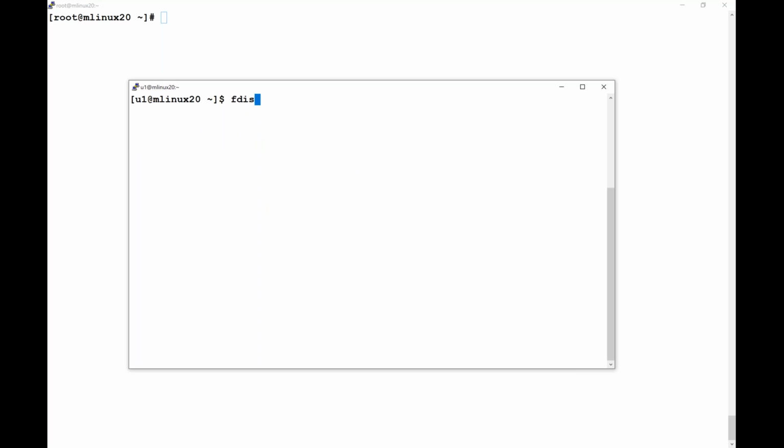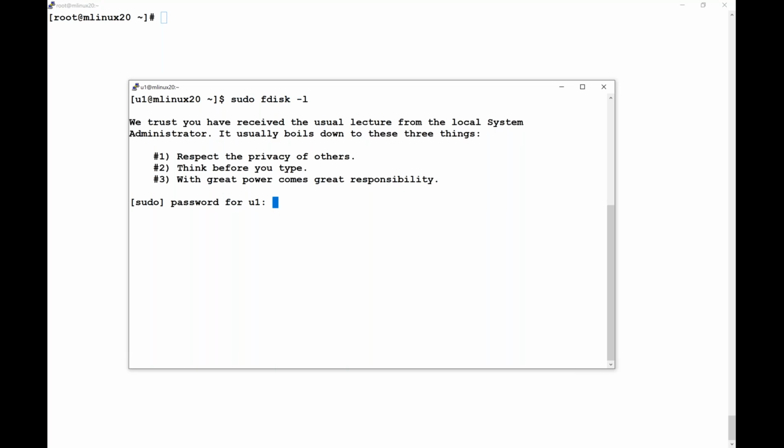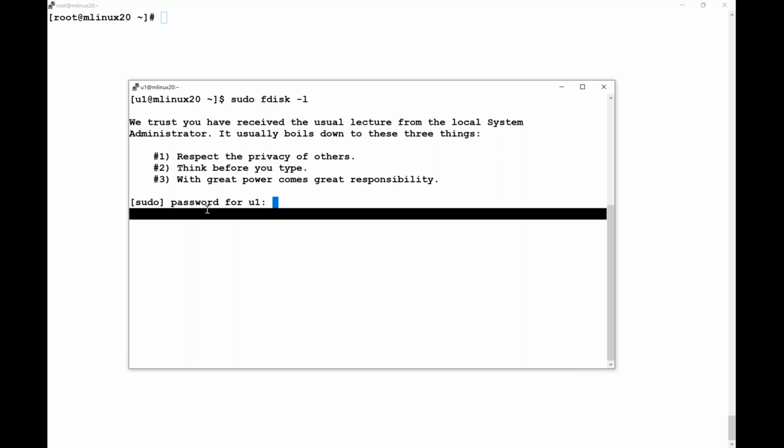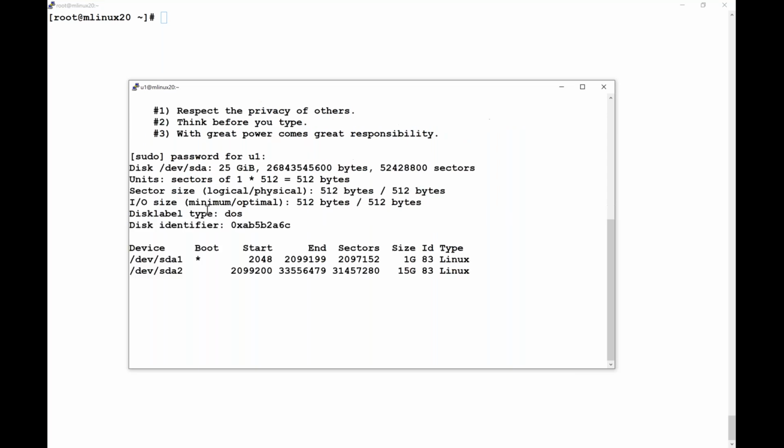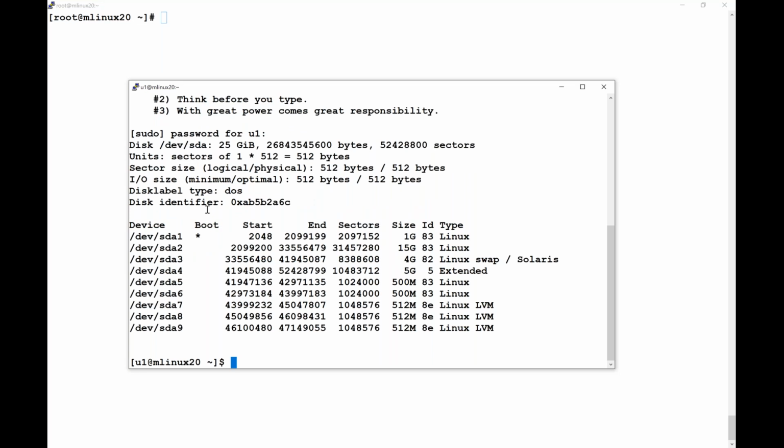Now let me try the command directly. It is not going to work. But if you say sudo fdisk -l and hit enter, it gives you the same lecture and prompts you for the password. Now let me type my password, and you see the member of that group is allowed to run any command